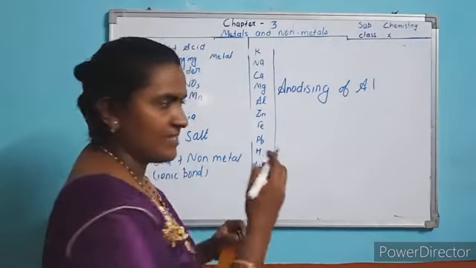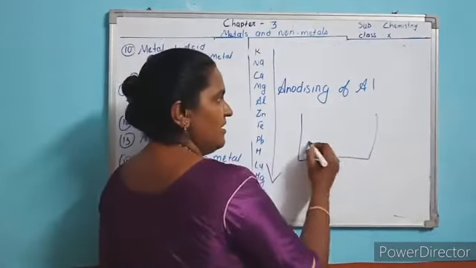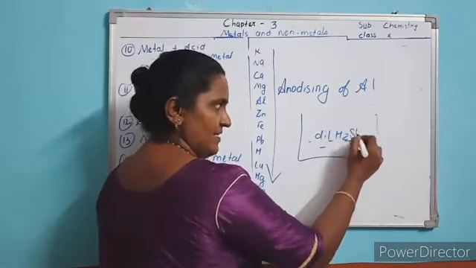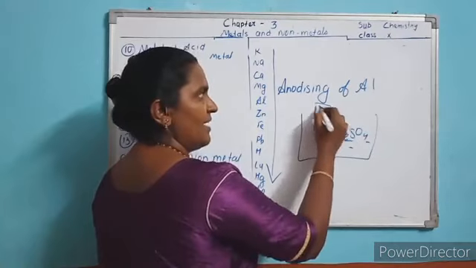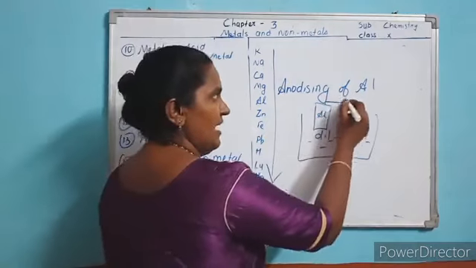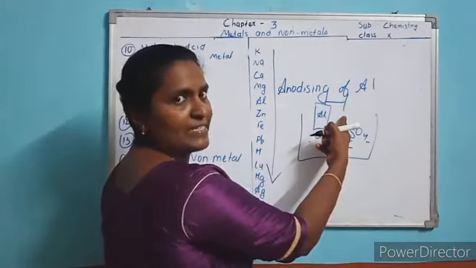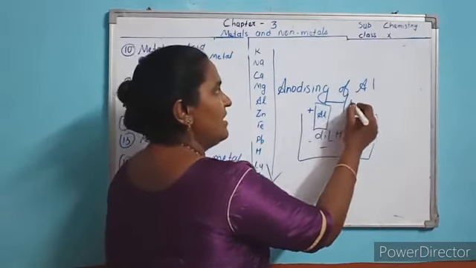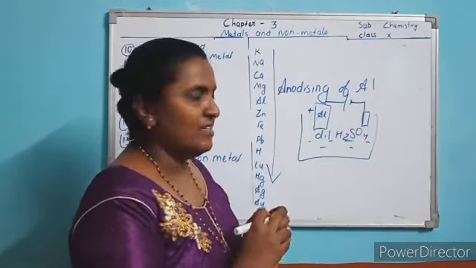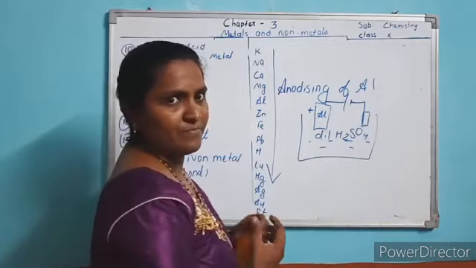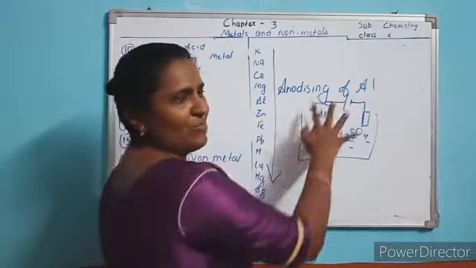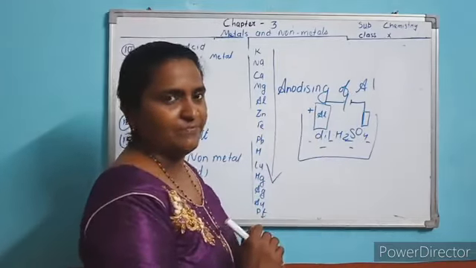First you draw the cell, electrolytic cell, in which you are taking dilute sulfuric acid, and an aluminium rod acts as an anode because it is connected to the positive terminal of the battery, and one inactive rod like carbon graphite is connected to the cathode. Here we only study the anode reaction, because in anodizing, the anode reaction is what we want.